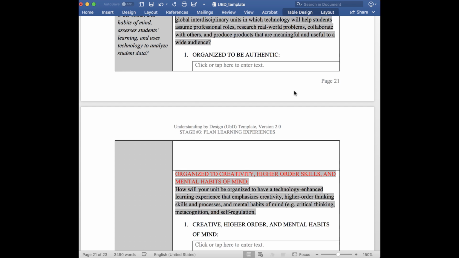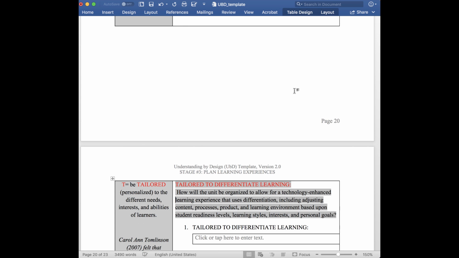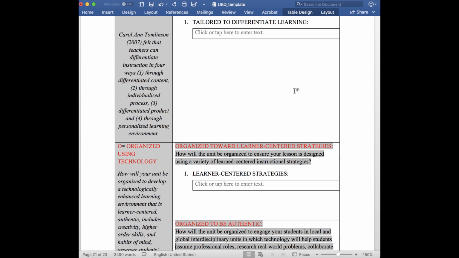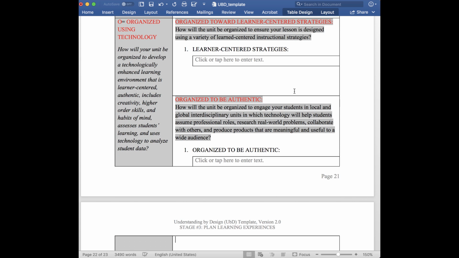And lastly, the, oh, there's T. O, organized using technology. How will your unit be organized to develop a technologically enhanced learning environment that is learner centered, authentic, includes creativity, higher order skills, and habits of mind, assesses student